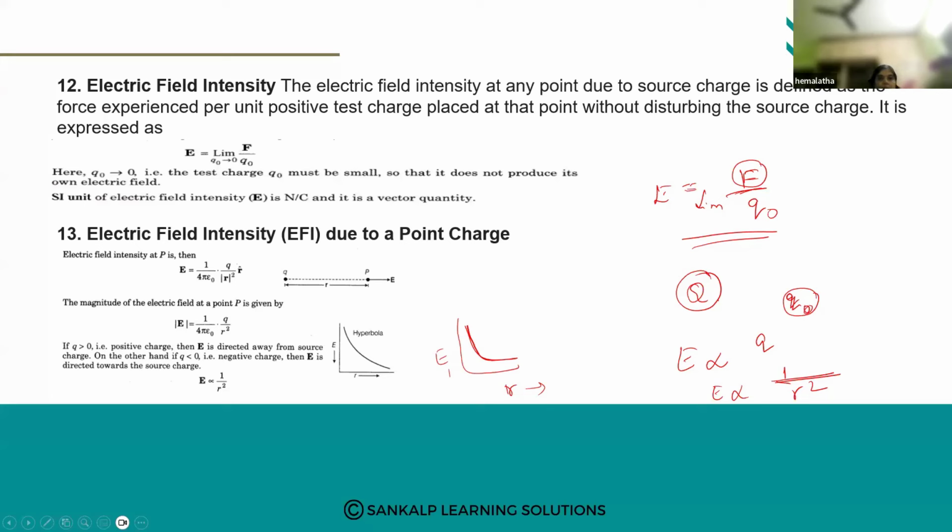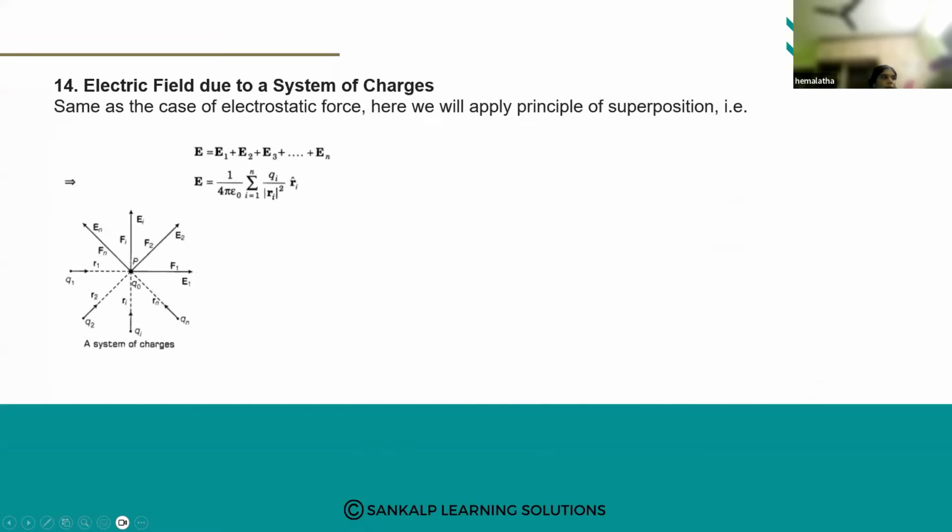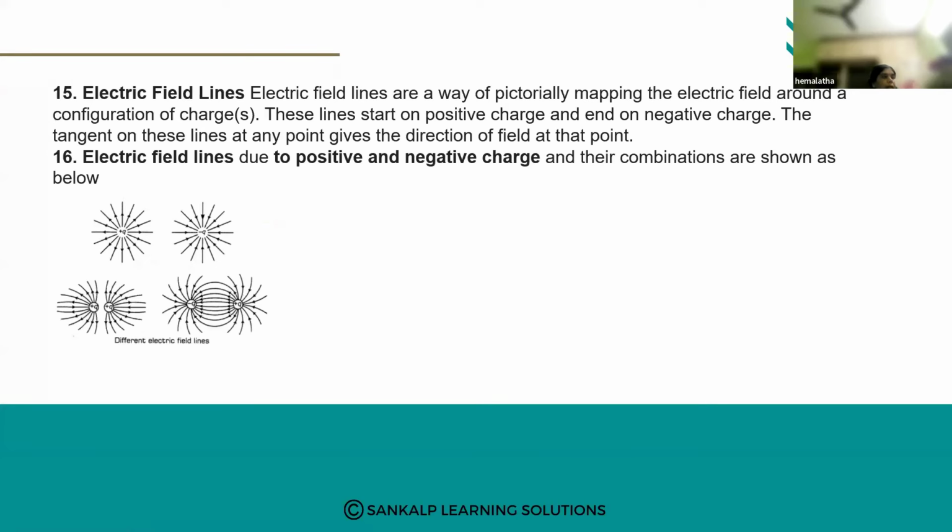Next, electric field due to a system of charges. I have told how we write it for a system of charges. So you have to add the individual electric fields. The sum of the individual electric fields, if you add, will give this formula. That also I told, because of the system of charges. Look at the radius and distances like this, we call this the projection vector, the distance vector. Next, everything I have said, if it is explained, look in the diagram, electric field lines